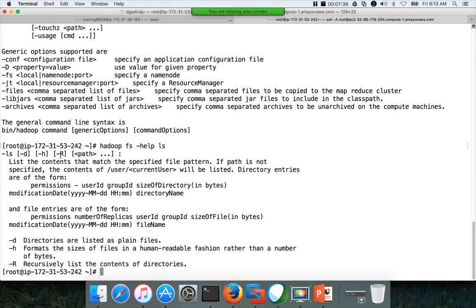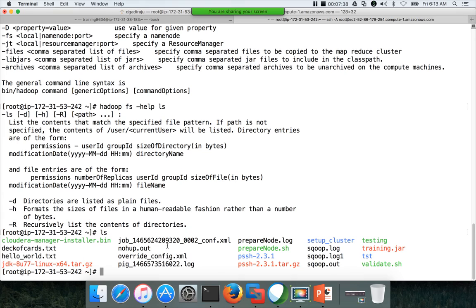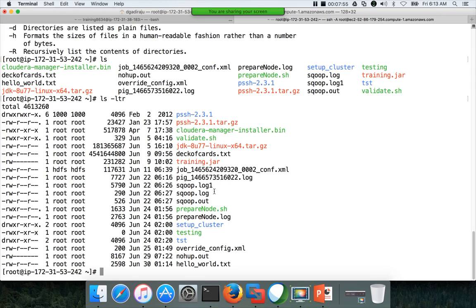If you are from a Linux background, if you just run the ls command, it will show the files like this. It will not show any details. If you want to get the details, you have to say ls -ltr: L for list, T for time, and R to sort the files in ascending order by time. So here you can see that the last file is on June 30th, which is the latest one compared to everything else. So to get the details in a more readable format in Linux, you have to use ls -ltr.